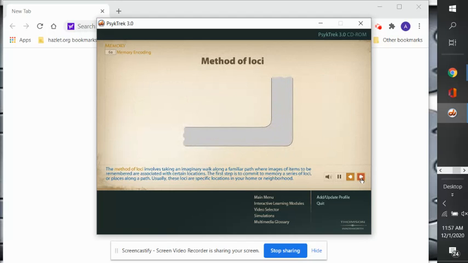Then, the method of loci involves taking an imaginary walk along a familiar path where images of items that you need to remember are associated with certain locations. So, the first step is to commit to memory a series of what we call loci, or places along a path. Usually, these loci are specific locations in your home or neighborhood. So, think about your house. Walk through your house in your mind and think of different locations in your house. Then,